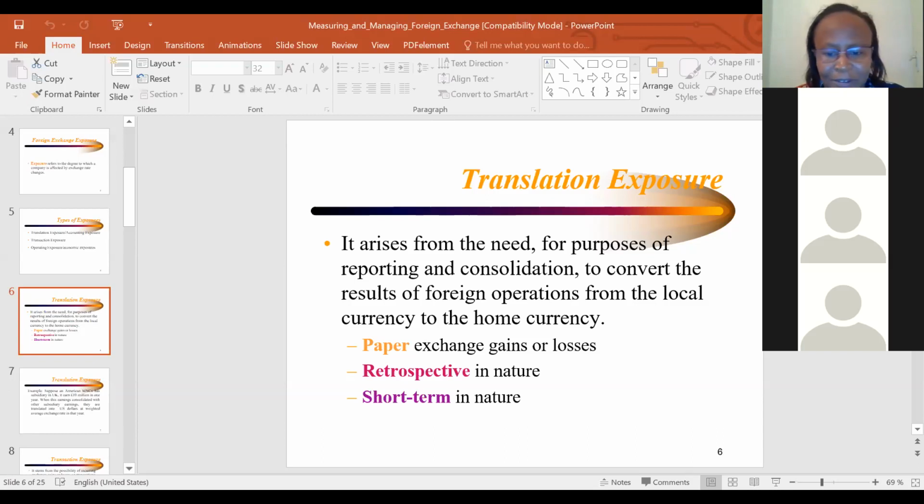So at the point of conversion, there's that challenge whereby you'll have issues of translating the books. Maybe the exchange rate at the beginning of the year was 120, maybe Kenyan shillings against the US dollar. Then you realize that at the end of the year, the rate